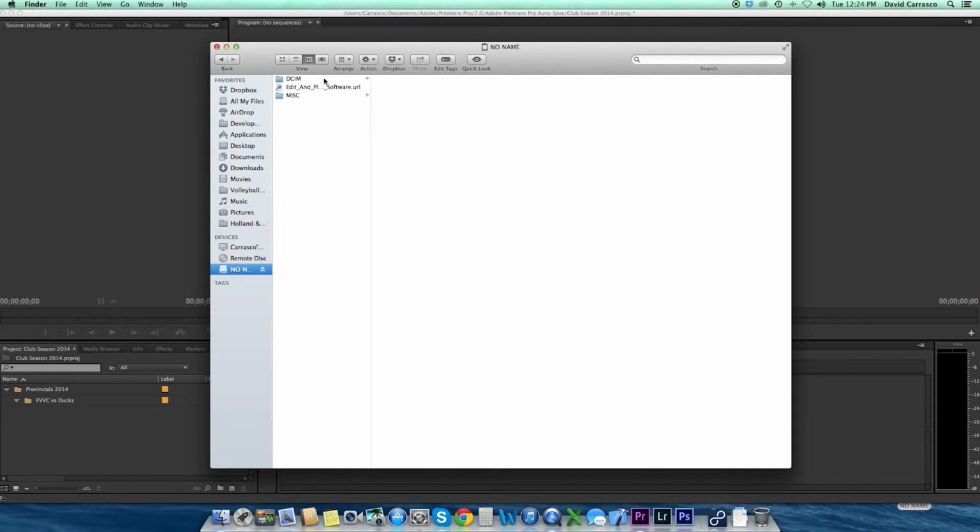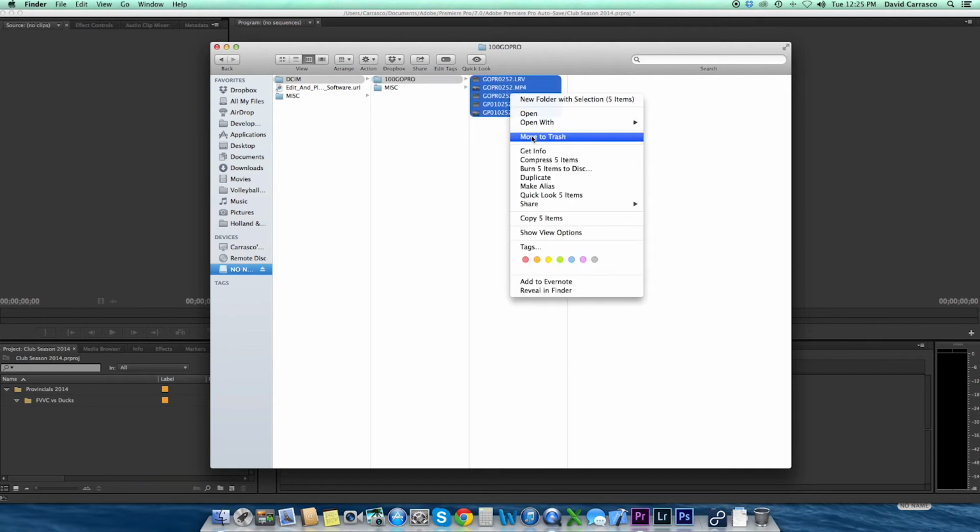So we need to go into that SD card. We're going to go in this SD card, it's DCIM, and then 100 GoPro, and we're going to select all these video files. Now the important ones are the .mp4 files, and then there's these other files which contain a bunch of metadata. You don't need to know what that is. So you're going to copy these,